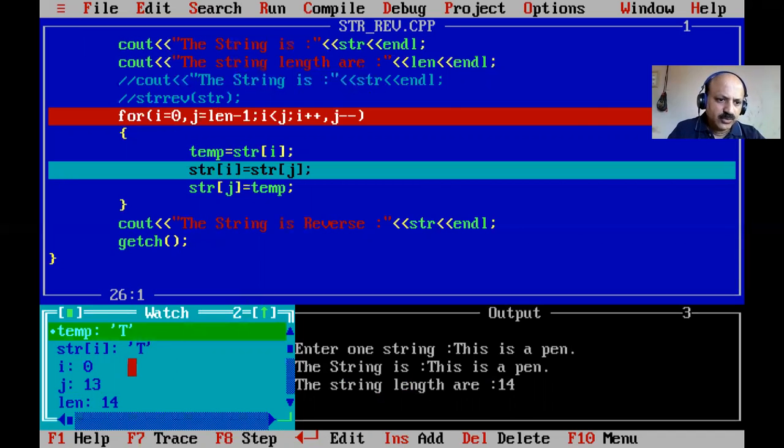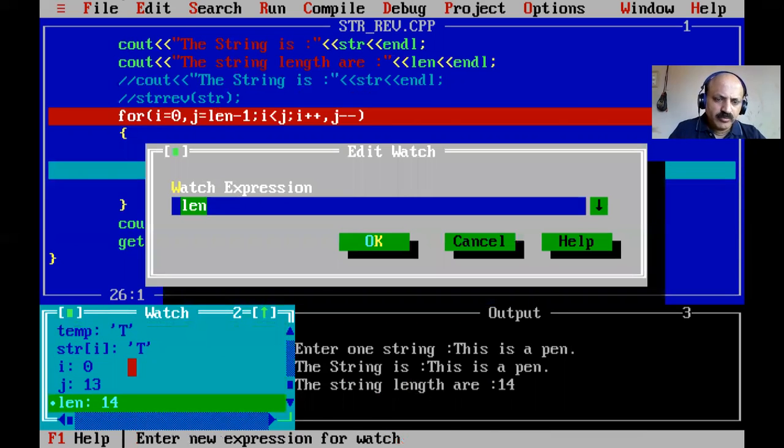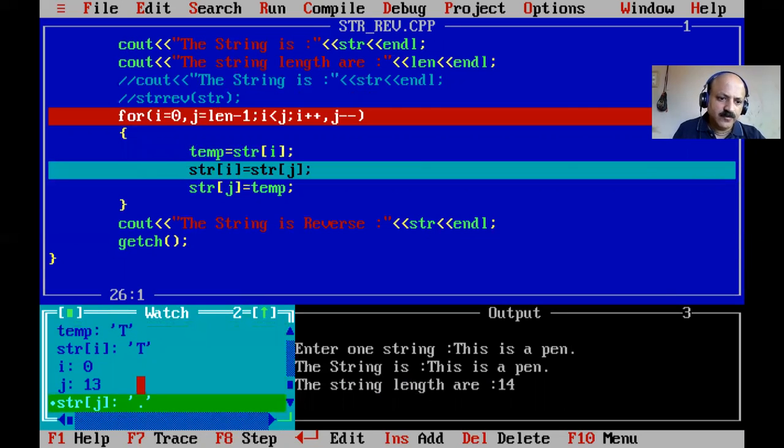If you see the dot, here you have to know the length very well. So I remove the length, and str of j, you have to look, that is a dot. Here is a dot because that is the last index 13, and they interchange. So the dot comes to index zero, and temp stores t in the last index, swapping,